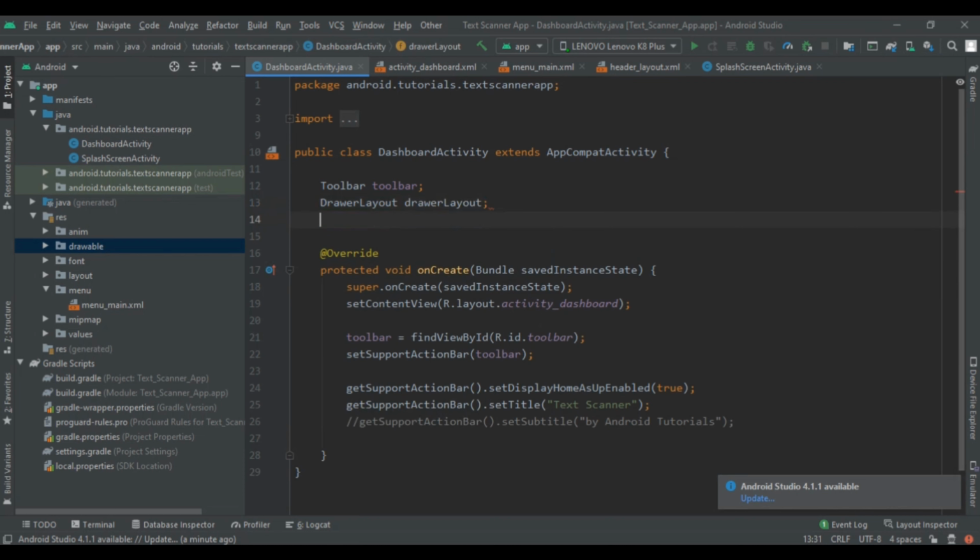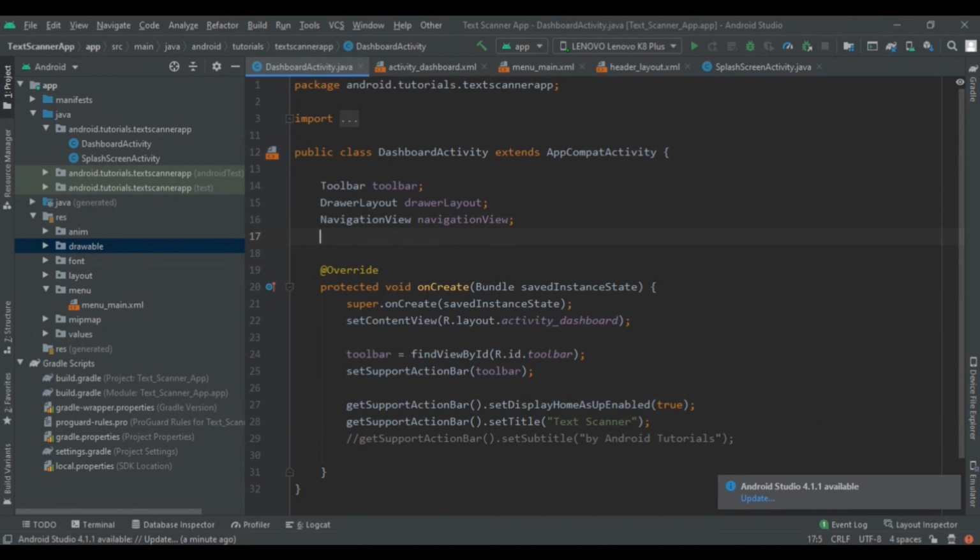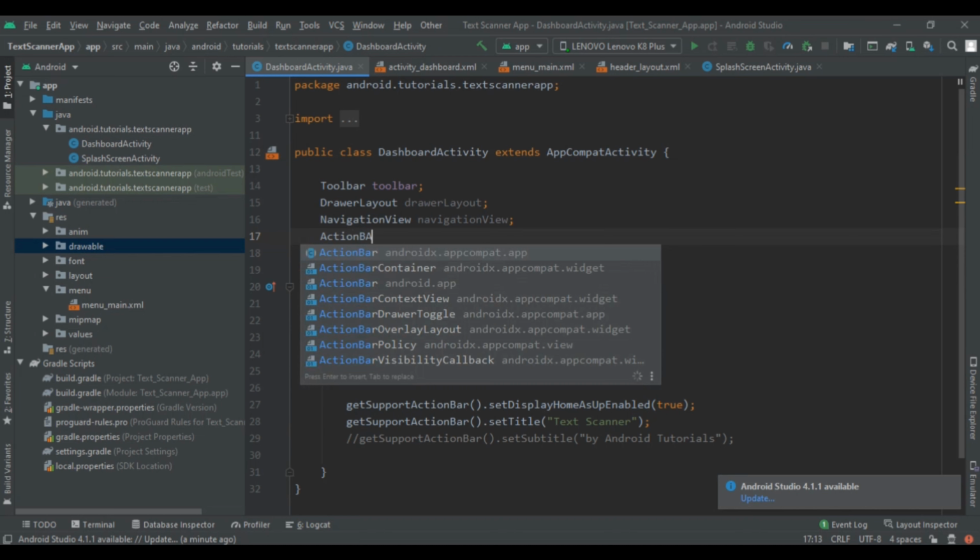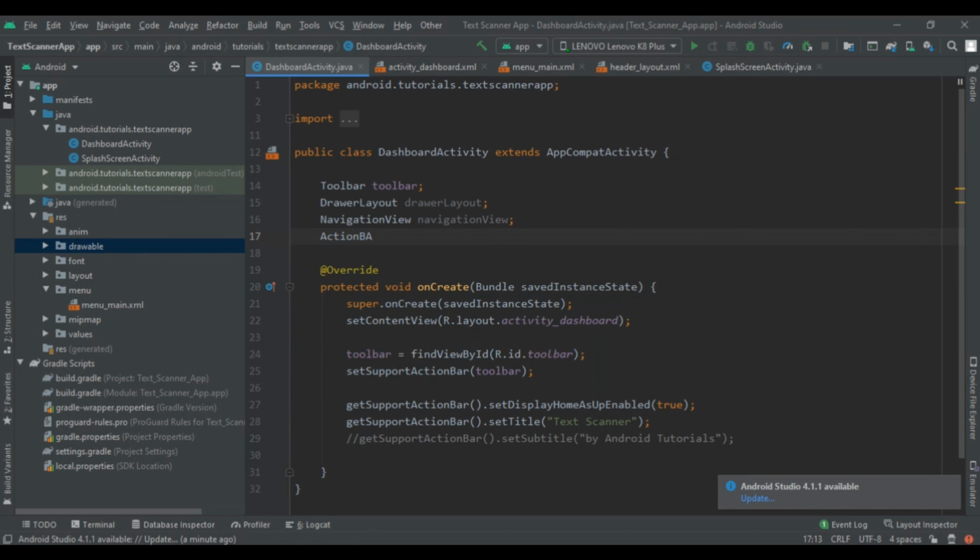So navigation view, and then type navigation view, close that, then add action bar drawer toggle, action bar drawer toggle, and then write toggle only.